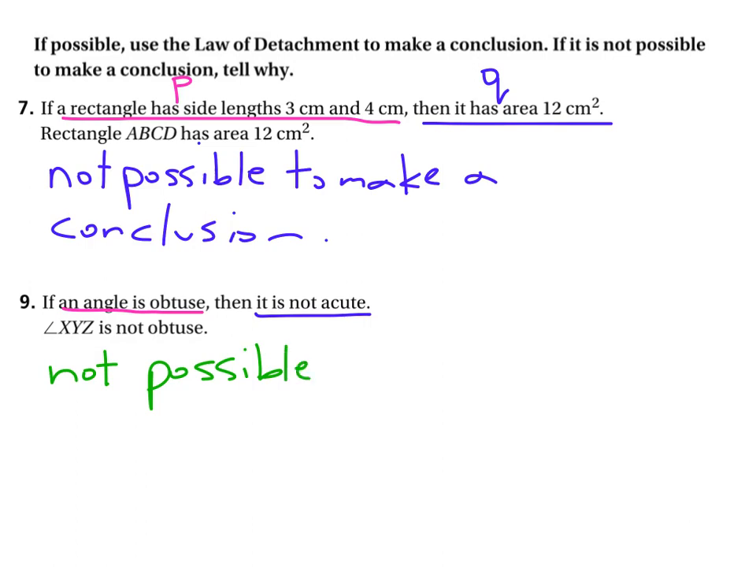And again, the only way that you can use the law of detachment is if you have a conditional statement, an if-then statement, a P implies Q statement, okay, and then you know that the P, the hypothesis, is true, and we don't know that this one is true. So we can't apply the law of detachment in this case. So we're done. Neither of these we can